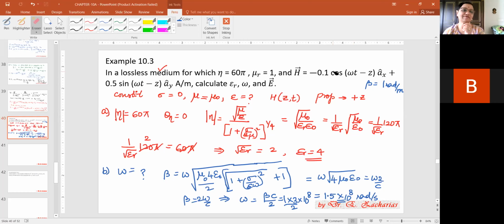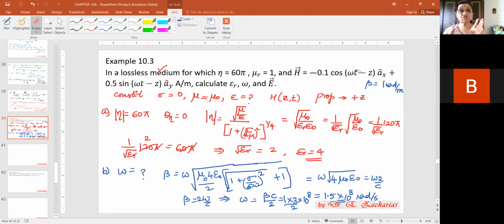That will not happen. You are going to see when I teach you polarization in the next few classes. Maybe tomorrow, the next class itself, I will start polarization. That will be very interesting. Once I start polarization, you will know that these are actually superposition of 2 different electromagnetic waves only with different polarization. So the phase will never be different. Okay. So do you understand how that beta came?